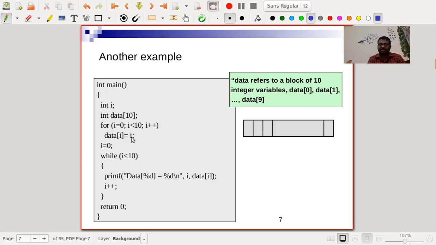Integer 1 is stored in the array location corresponding to index 1, that is the second location, and so on. And integer 9 is stored in the array location corresponding to index 9, that is the 10th array location. Then the index variable is reassigned to 0, and in this while loop, the array elements are printed in order as follows. This printf statement